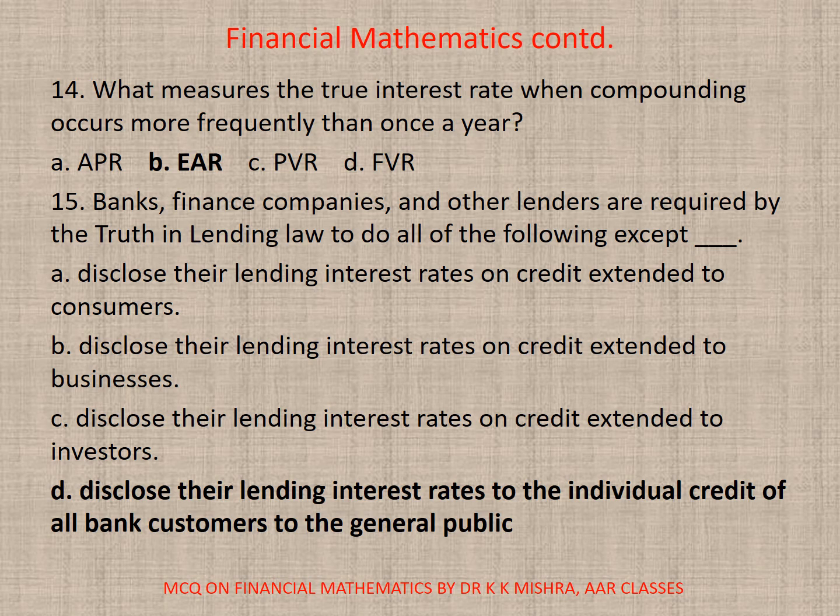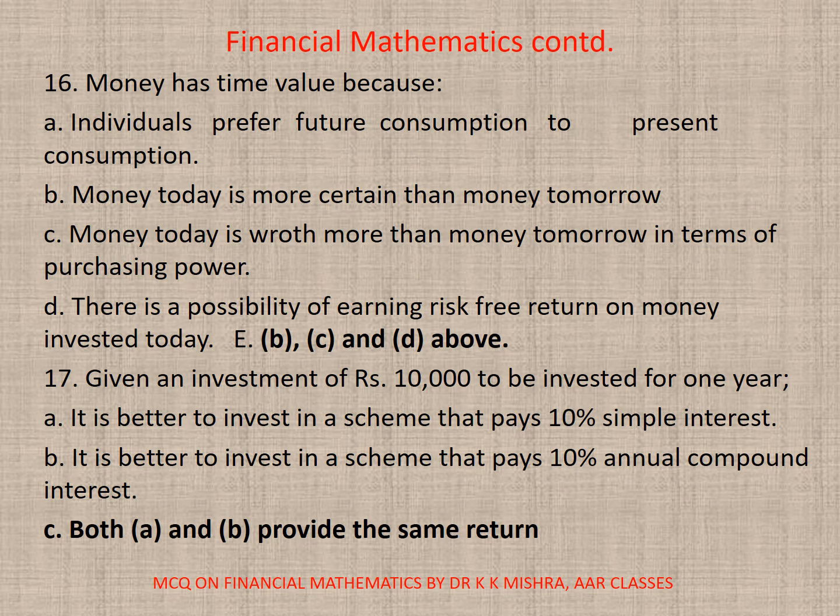15. Banks, finance companies and other lenders are required by the truth in lending law to do all the following except. Correct option is D, disclose their lending interest rates to the individual credit of all bank's customers to the general public. 16. Money has time value because